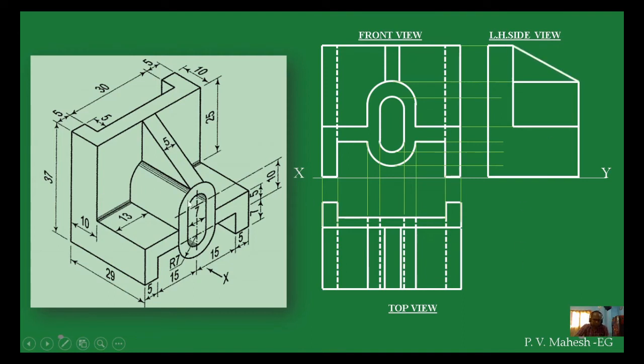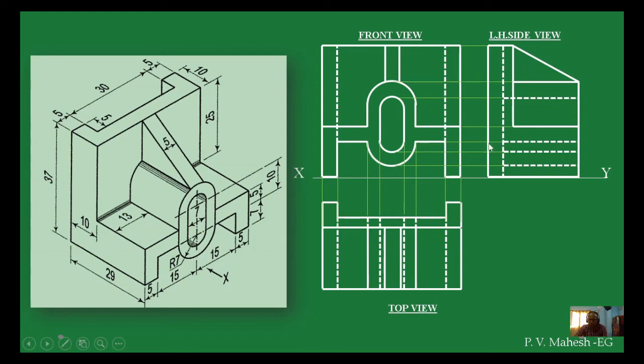Now inside this, this portion will be represented by a hidden line, and one corner from here, this corner will have a hidden edge, and this corner will have a hidden edge, and this one is having a hidden edge. So this one and this one are representing the inside edges. Okay, and this one is representing this one.